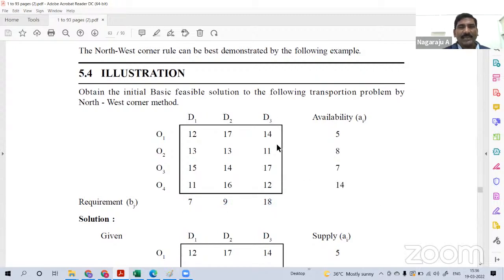Now, the shipping cost from the first origin to the second destination and from the first origin to the third destination is given, and these are all called transportation costs. Inside the table we have the costs, along with the requirement and the availability. They have given how much the transportation shipping cost is. Here, we want to make the total transportation cost